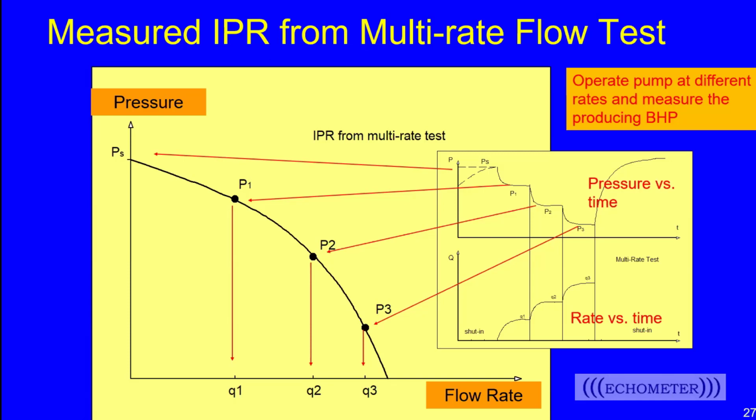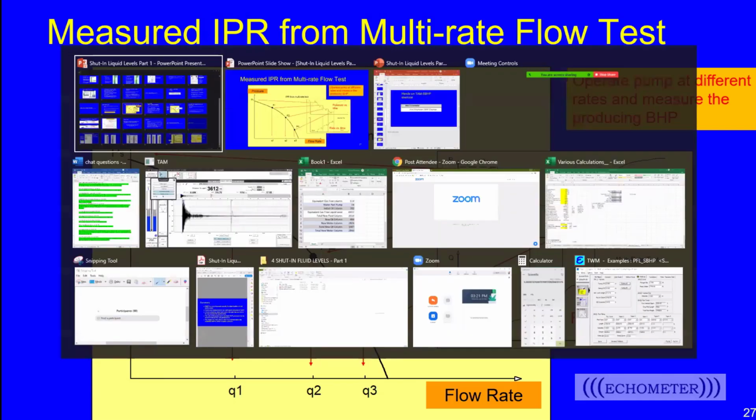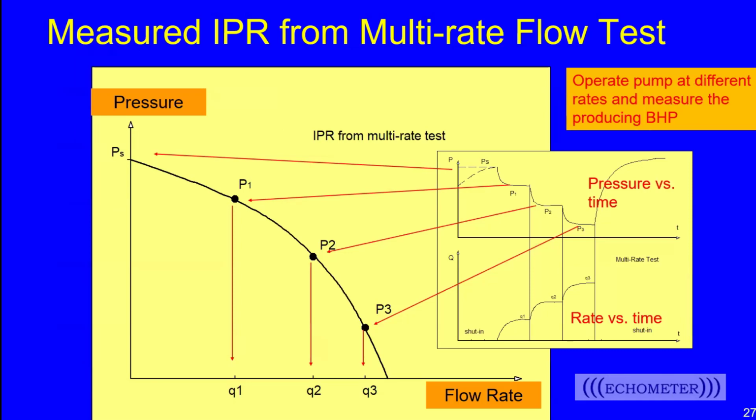That is the point where we would define as being the potential of the well. Now, if we have a variable speed drive, we have the capability of doing this fairly easily, but it also requires a certain amount of time. And so very seldom do you have these IPRs determined by means of a variable rate test. In the next slide, we say that